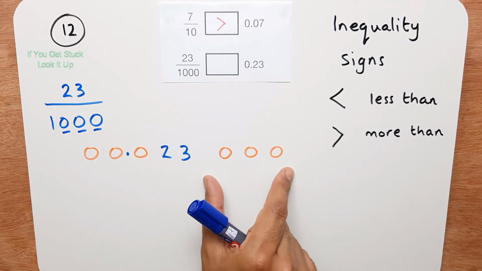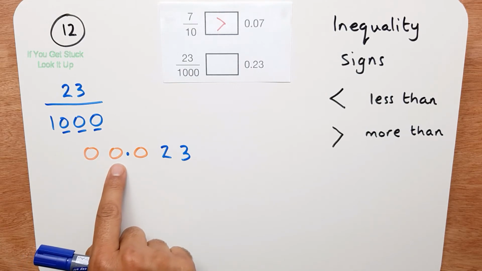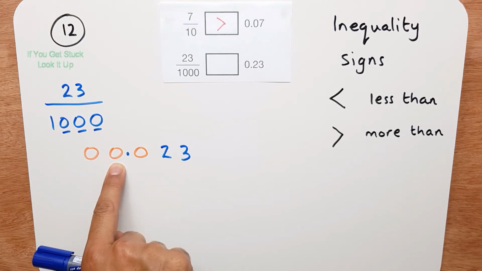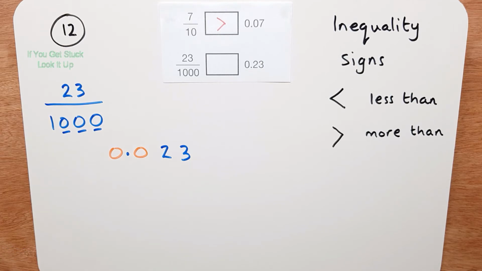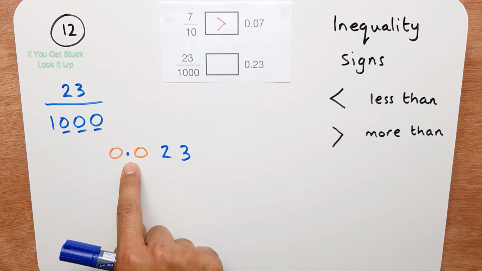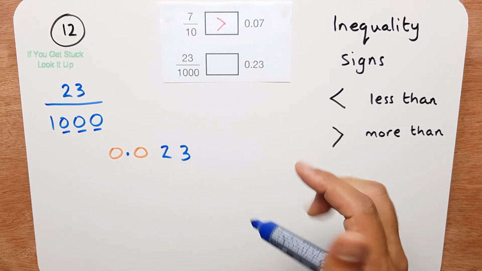I've not used these 3, so I'm going to remove them. And I'm going to keep this because it makes the number easier to read, and I'll remove this 0 that I've not used. So my answer is 0.023. And I'm going to compare it to